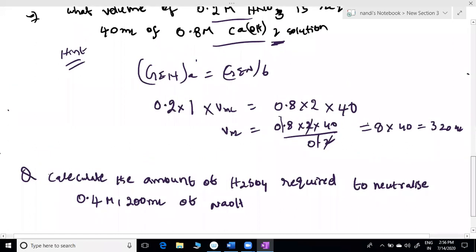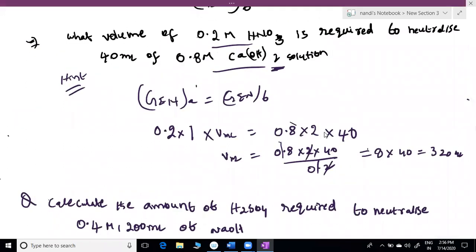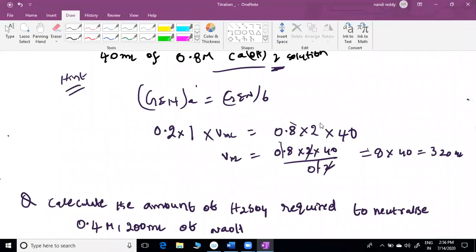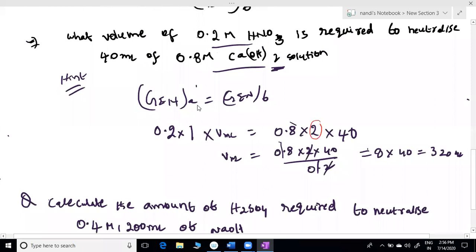We're discussing this for the first time. One of the student's doubt is why you are converting into 2. Gram equivalent number of acid equals gram equivalent number of base. GN means I can take N into V of acid, because here they give volume and concentration. You should not take any other formula here. So this is the volume, and only this is the formula I am going to use.